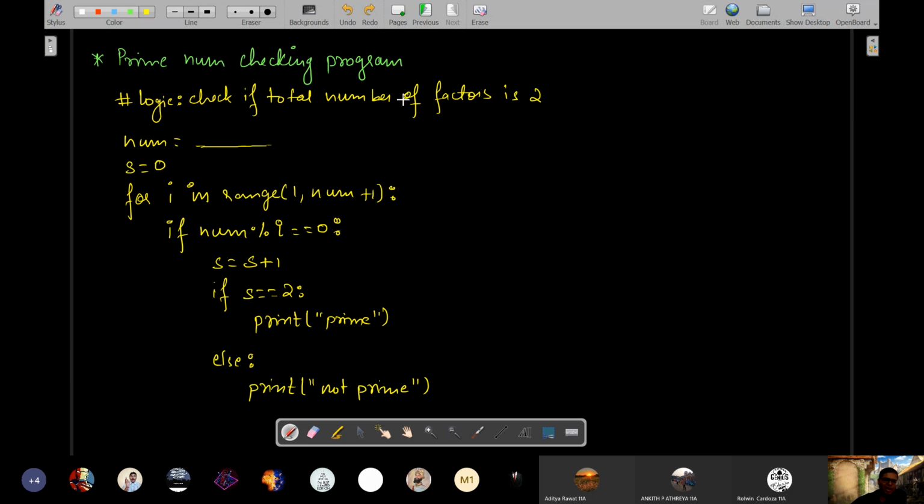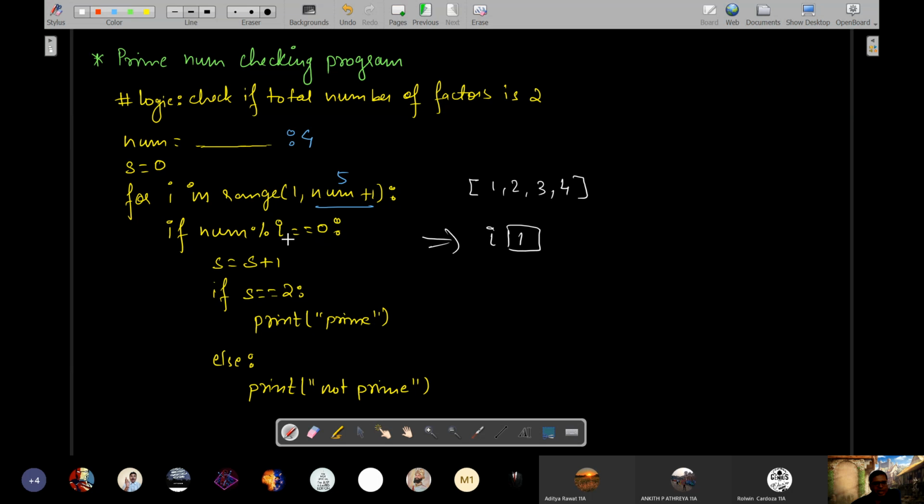So tell me now, Ankit, what will happen? Let us consider the number 4. Let's say the user gives the value as 4. Then this will run up to 5 times. Yes, sir. It will give you a list as 1, 2, 3, 4. The first value of i, 1, will be picked up.